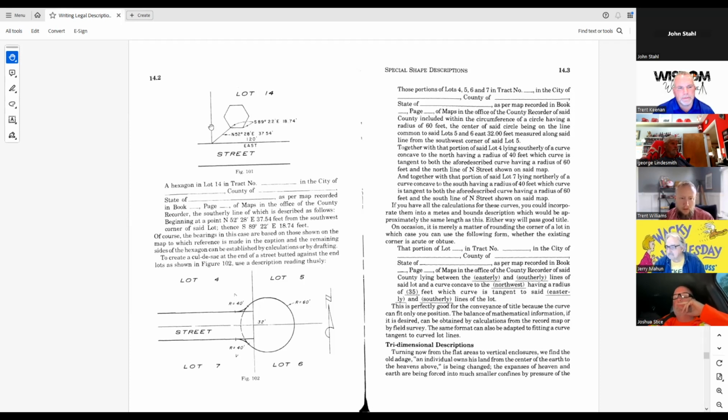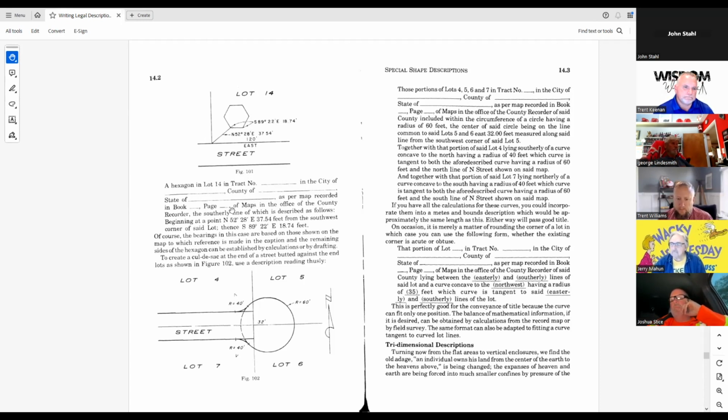So that was a great point. Thanks, Trent. Yeah, definitely. Because this one could have been along the west line of lot 14, or along the south line of lot 14 or something, right? Or north, whatever the north right-of-way of this east, and then come up and over. So you at least have two points that you can rotate and twist, and you can certainly recreate some sort of basis of bearings. It does say east along the south of that lot, if you will.